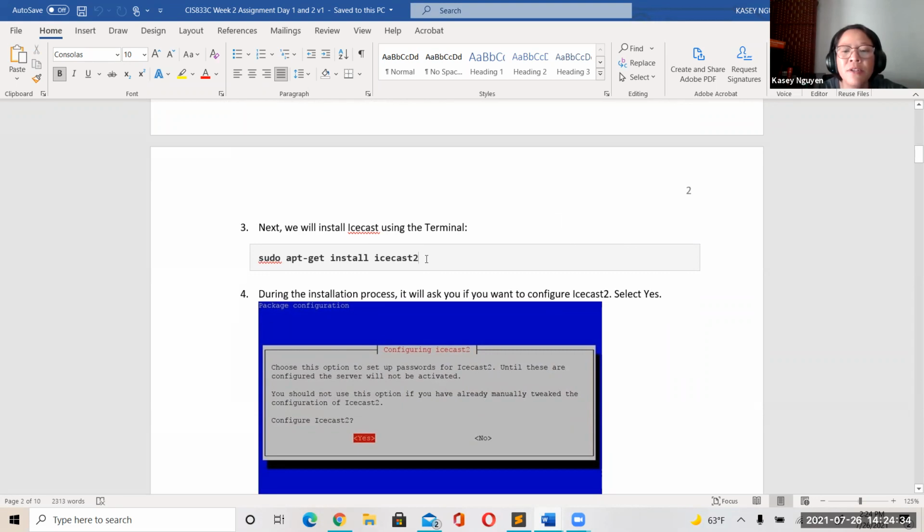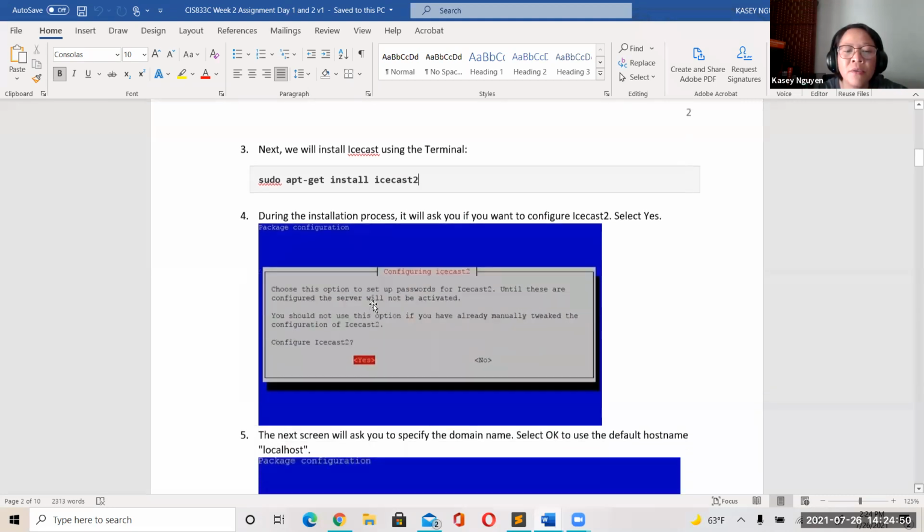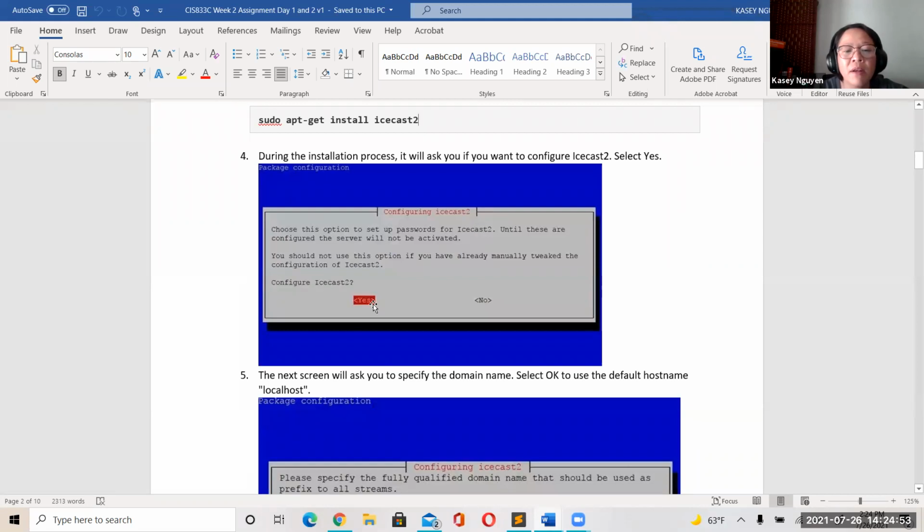Okay, so as you execute this command, you would see the configuration interface pop up. With that, you are going to use your keyboard to select yes. So you want to configure it, so you need to select yes. It's going to default there, so you just select yes and press enter. Then on the next screen, you're going to see,